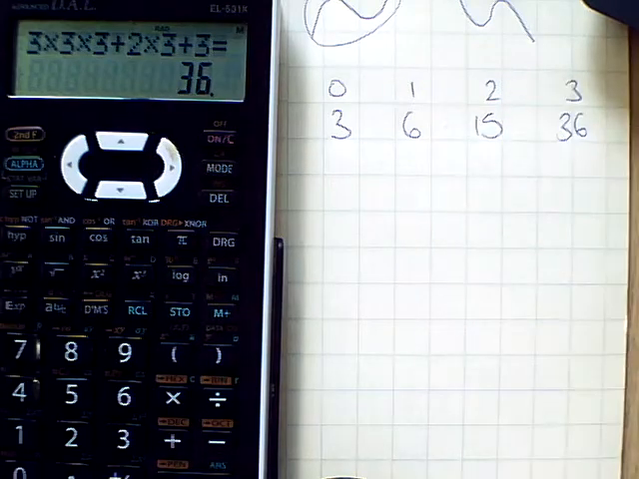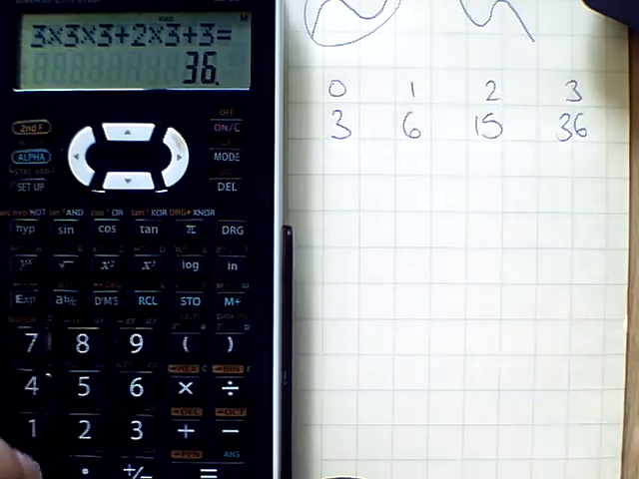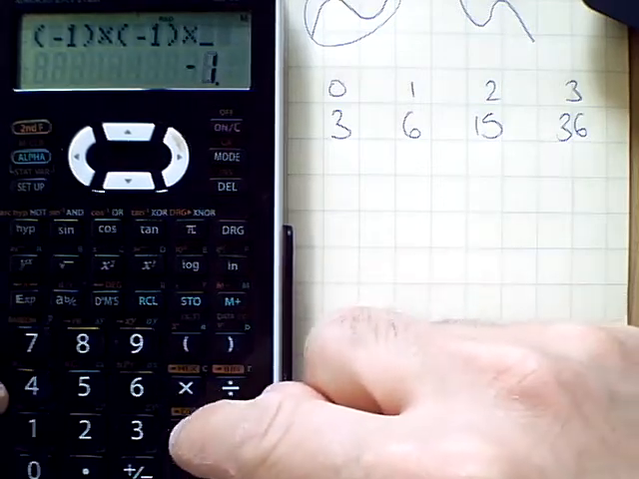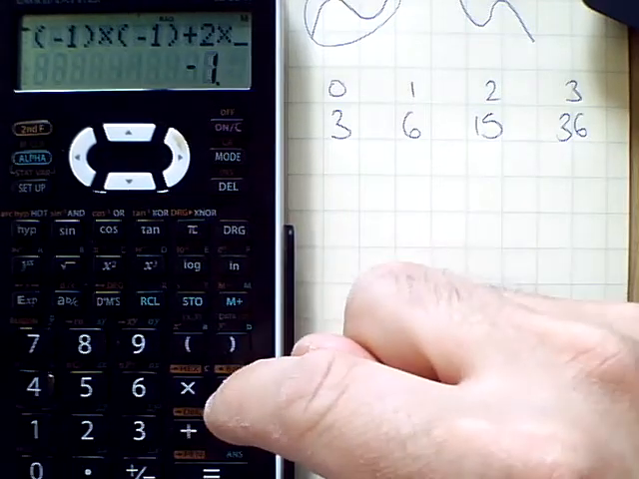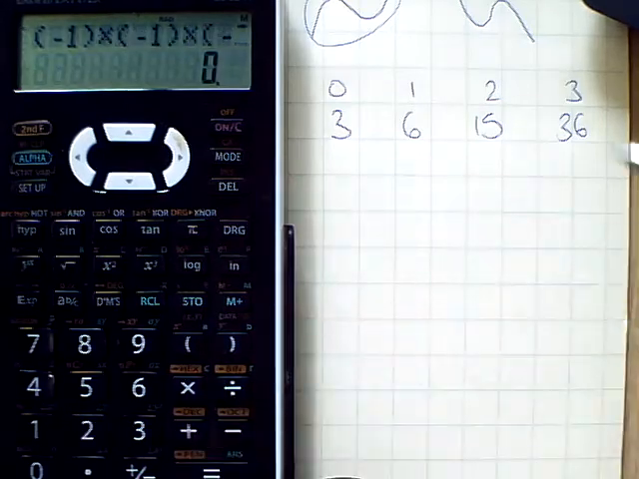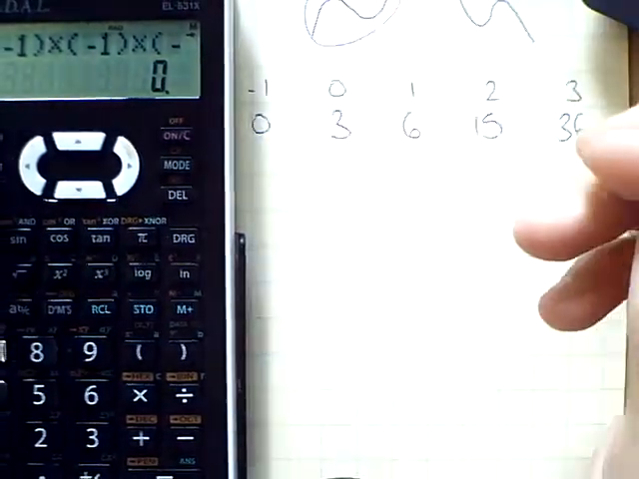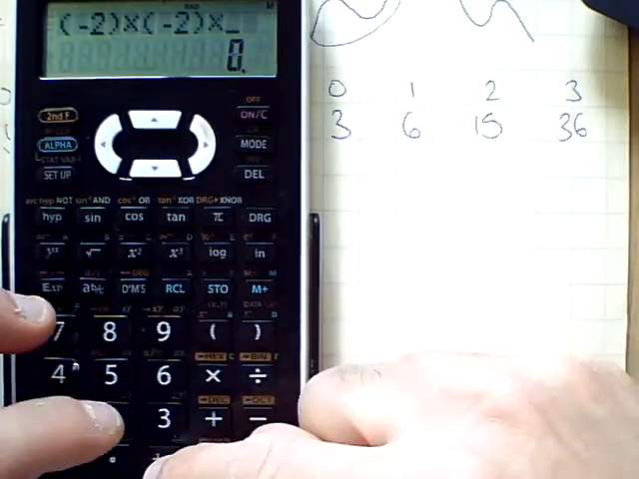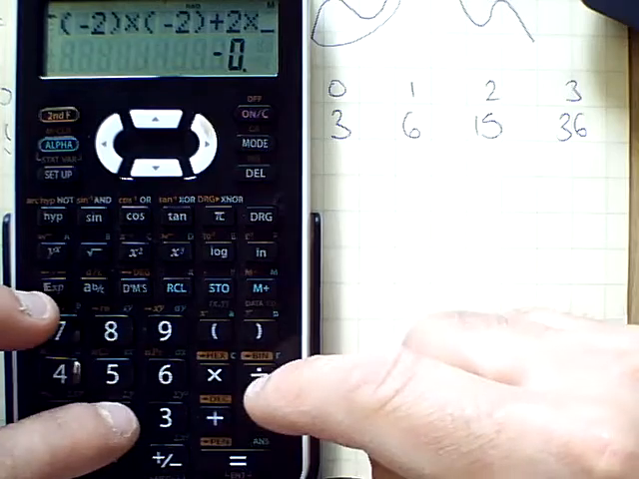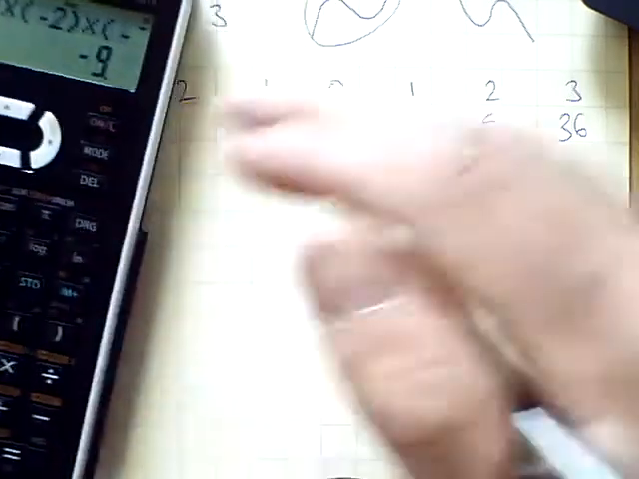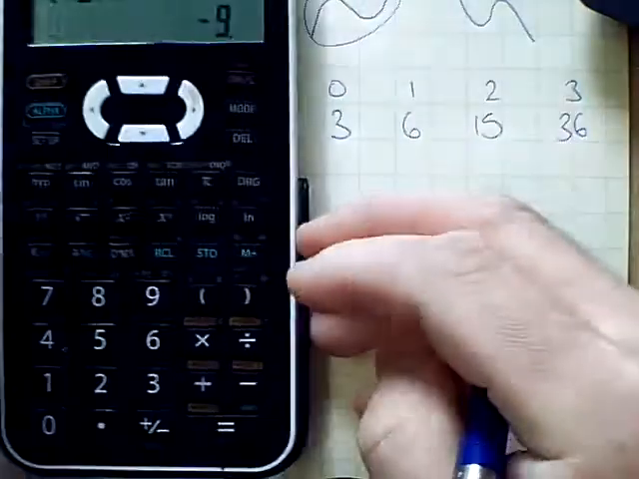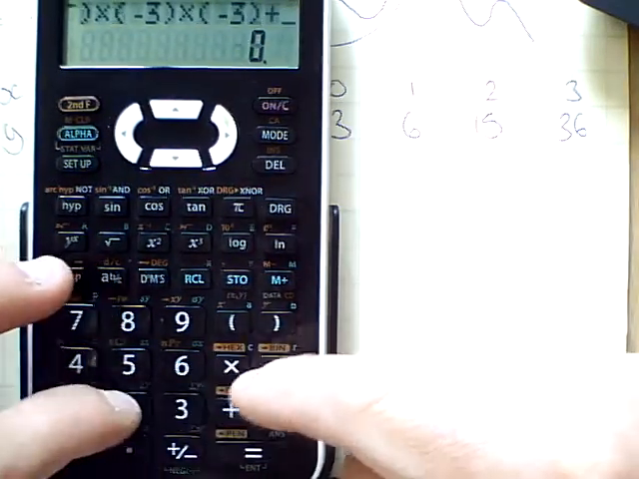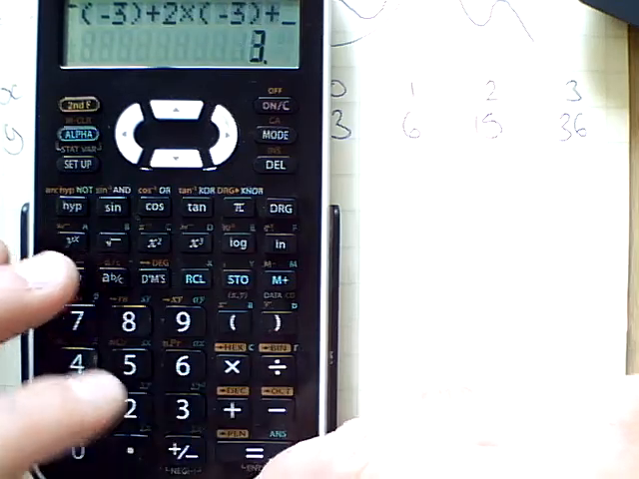Negative numbers a little bit more tricky. So let's do negative 1. I need to be using the negative button on my calculator. So negative 1 times negative 1 times negative 1 plus 2 times negative 1 plus 3, and I've got 0. Do the same with minus 2. Negative 2 times negative 2 times negative 2 plus 2 times negative 2 plus 3 is minus 9. And then I've got minus 3 times minus 3 times minus 3 plus 2 times minus 3 plus 3 gives